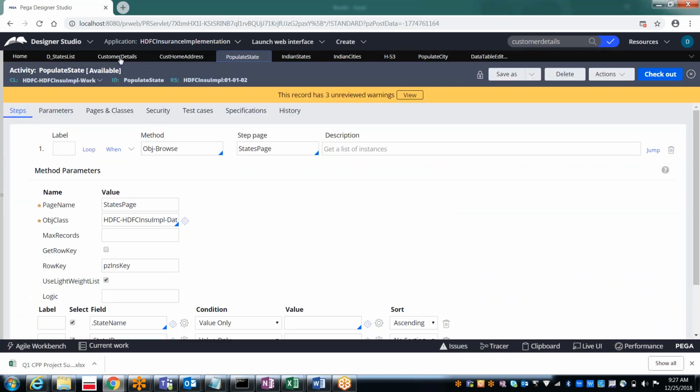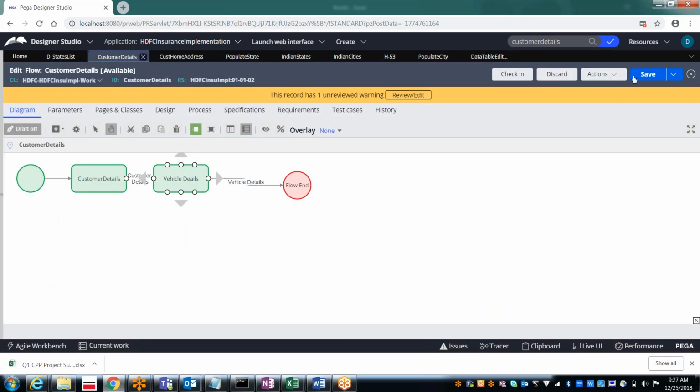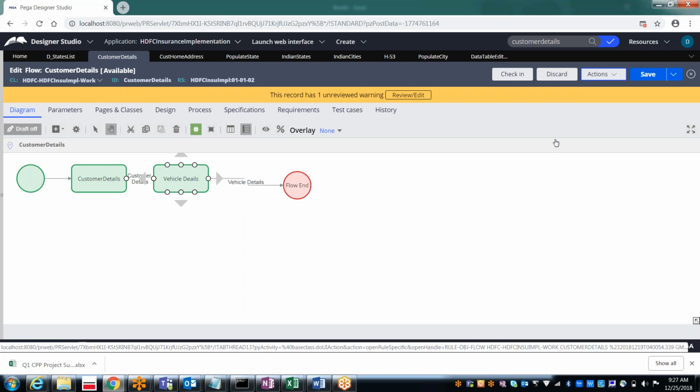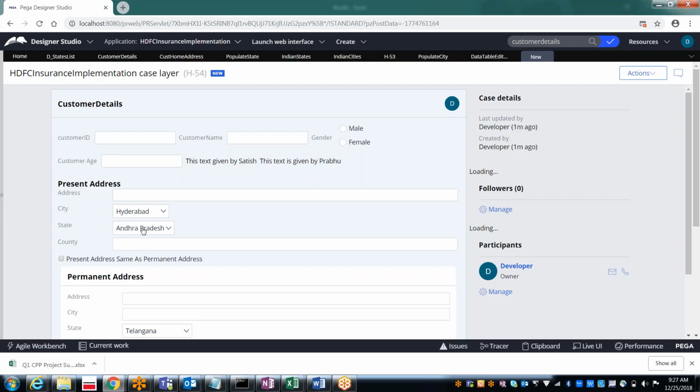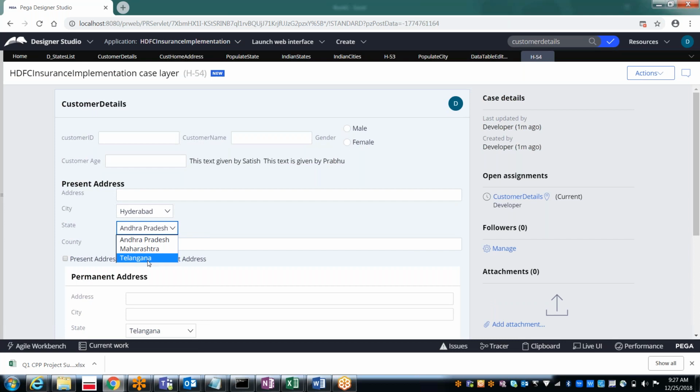So select the customer details flow and then run this. Okay, Karimnagar, Hyderabad, Secunderabad.